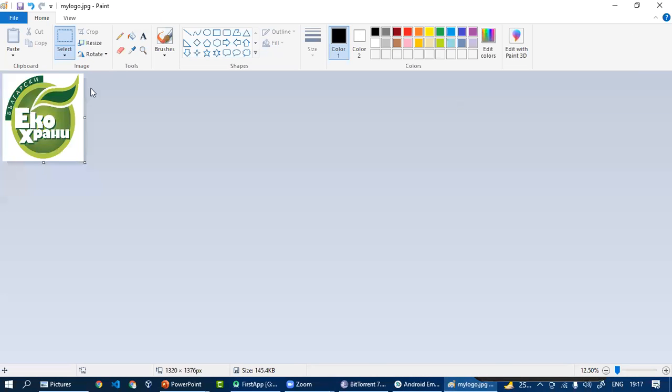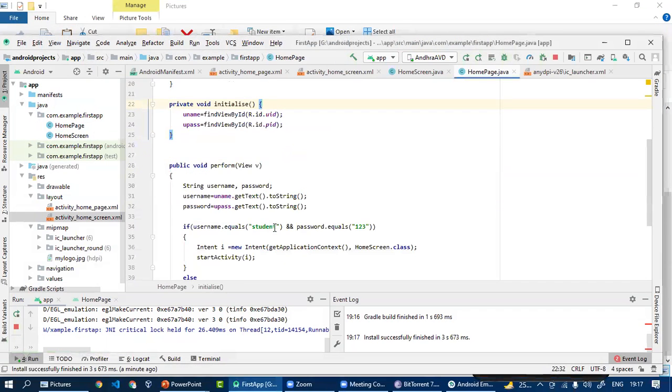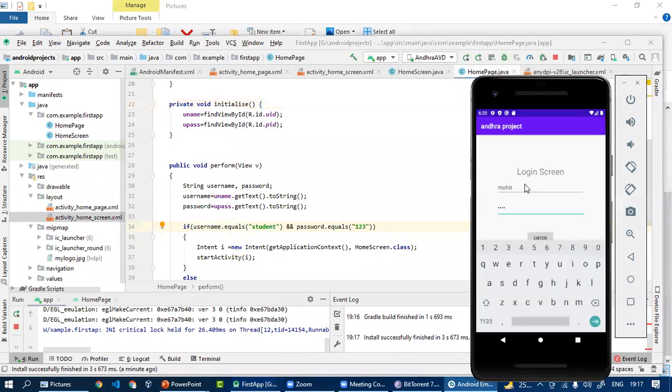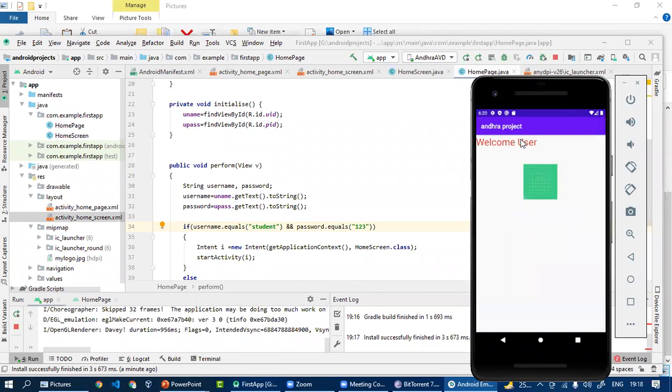So if I enter the valid credentials, and the valid credentials were what? Student and 123. So the student, and the password is 123. When I hit enter, then I will have another screen.